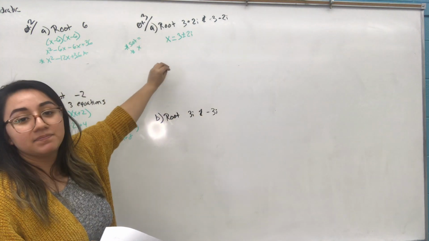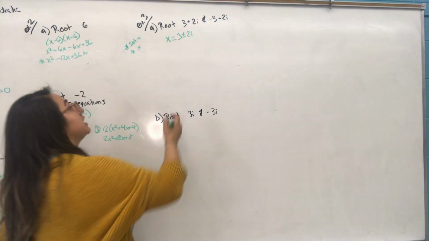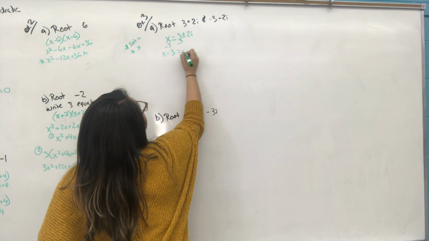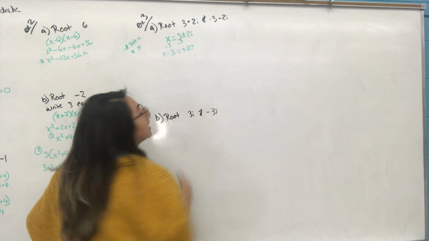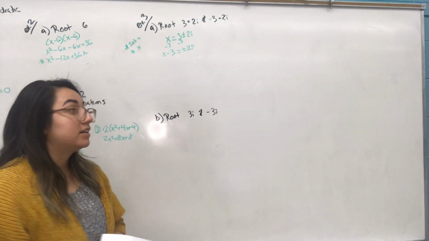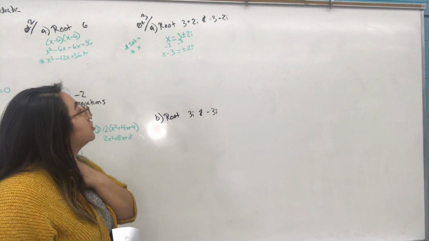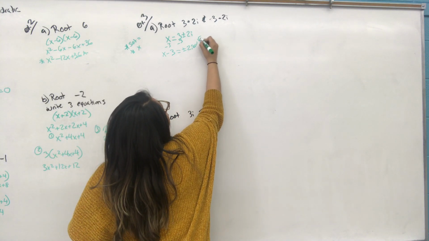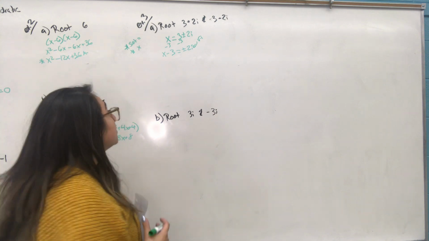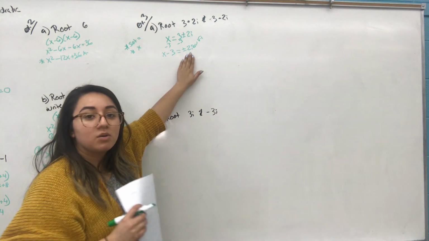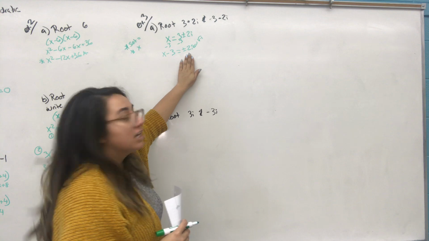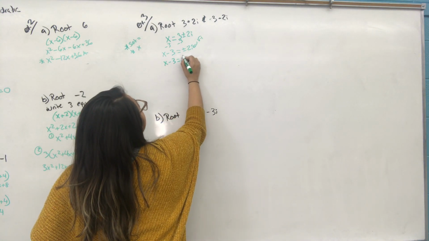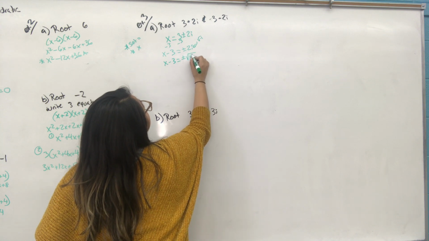We're just trying to combine it now. Here, we're going to try to get the i by itself on one side, isolating the i. So x minus 3 is equal to plus or minus 2i. Here, we're going to find the squared version of 2. So when we think of i, before we even focus on 2, we think of the square root of -1. But remember, this is in terms of square root. So what has a perfect square that equals 2? And that would be 4. So I'm going to go ahead and have that here, plus or minus the square root of 4